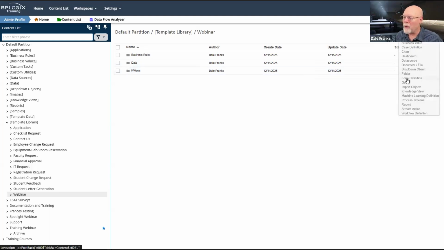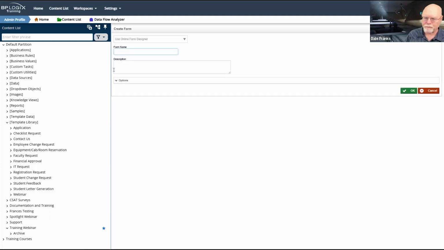So we'll start off with the form definition. And I'm just going to call it form. Remember, whenever you create the application, which currently is called webinar, you're going to rename that webinar application. You're going to give it its custom name to specify what it is that it's going to do.